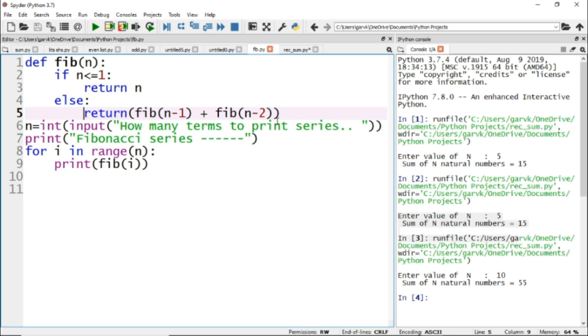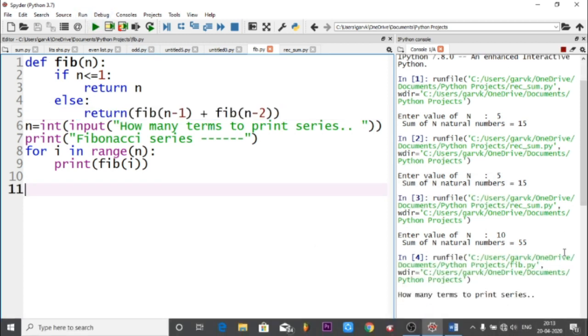As I told you, in the Fibonacci series every number is the sum of the previous two numbers. So n minus 1 means the previous number, n minus 2 means the one before the previous. That is, the previous two numbers will be added to generate this number, right? So first I'll run this program, then I'll explain this main statement, return fib(n minus 1) plus fib(n minus 2). This is the recursive case. It has to be explained how this is happening, right?